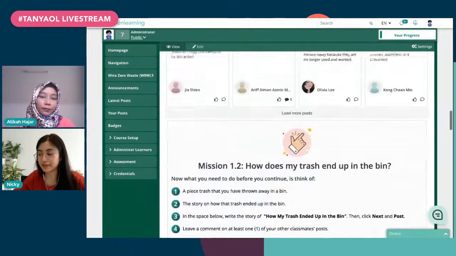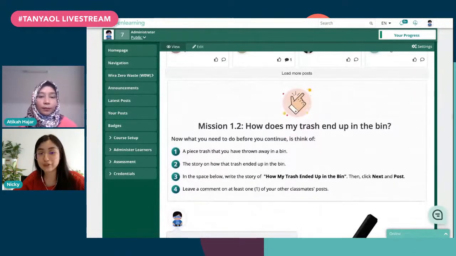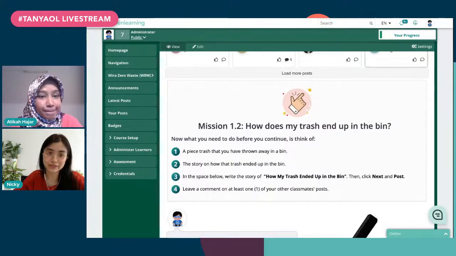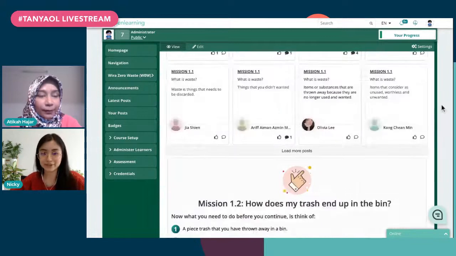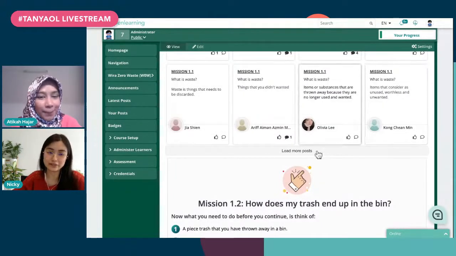But then in the following few activities over the next few days, we would ask them again, what do you think waste is now that you've gone through some of the materials that we've provided? And the answers do tend to change. So that's one way of checking for understanding, is asking the same question later on in the course and maybe getting an idea of what the learners think beforehand.